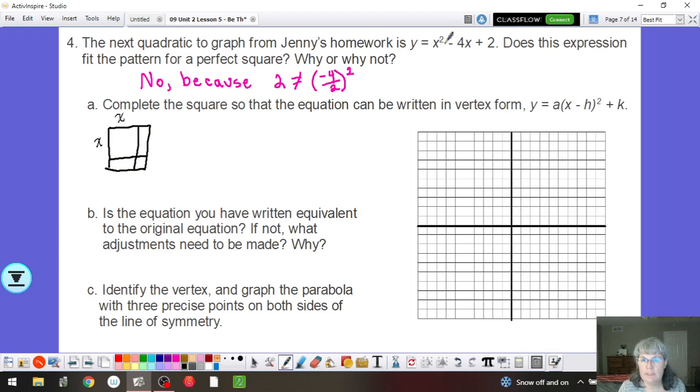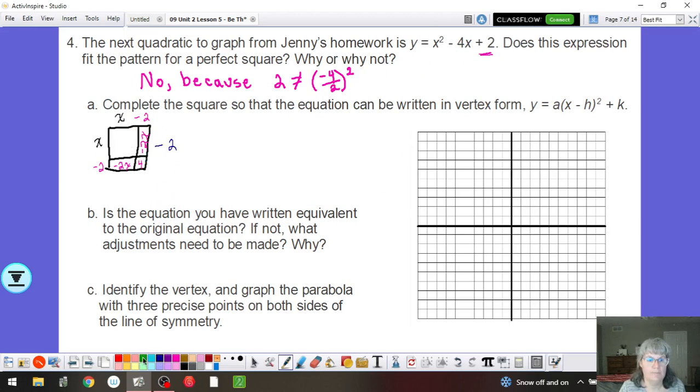We need to split up the negative 4 evenly on either side. So we have negative 2 and negative 2. So that'll give us a negative 2x and a negative 2x. And then our units are going to be a positive 4. But remember, we want positive 2. So since we have 4, we have to subtract 2 from our perfect square in order to have something equivalent